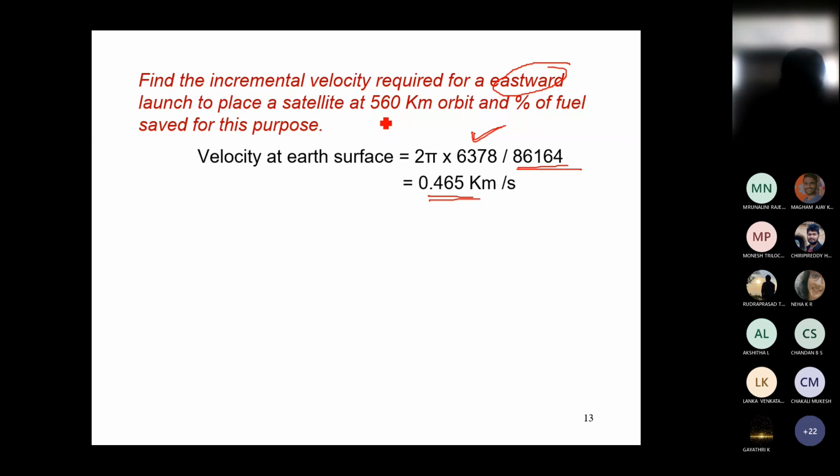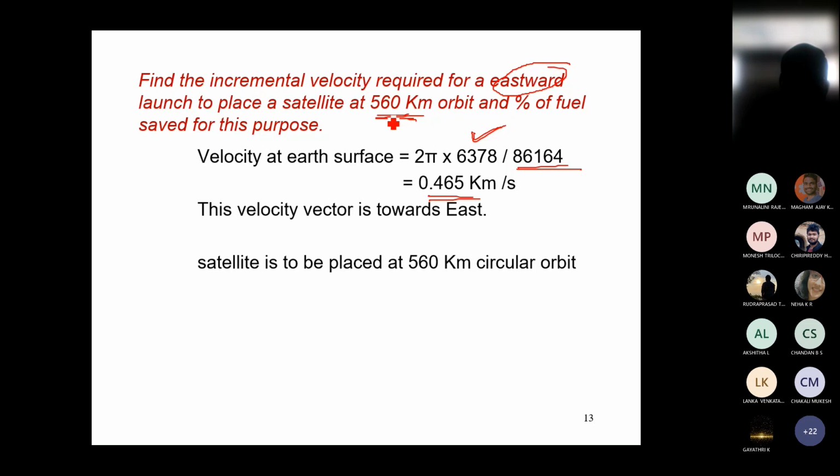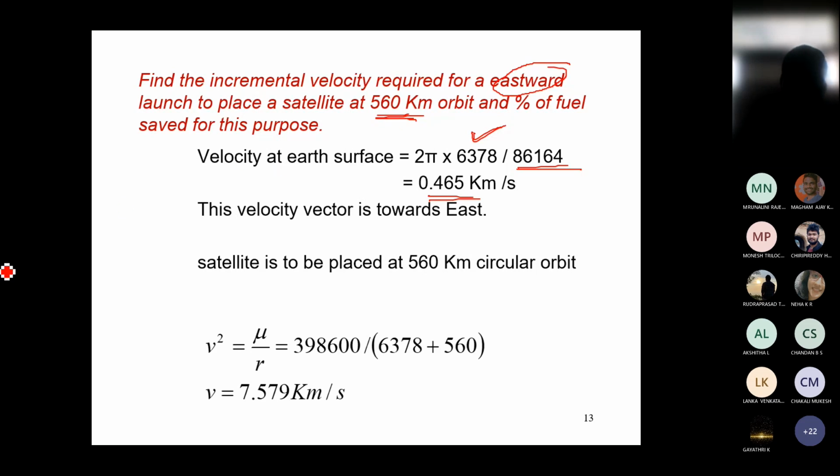Suppose I want to launch a satellite at an orbit of 560 kilometers, then how much velocity is needed? We know that velocity is equal to the square root of mu by r. And what is r? Here the orbital height is given as 560 kilometers, which is from the surface of the Earth. So if we measure from the center of the Earth, you have to add 6,378. So v squared is equal to mu by r, or v is equal to the square root of mu by r. In place of r, I have written